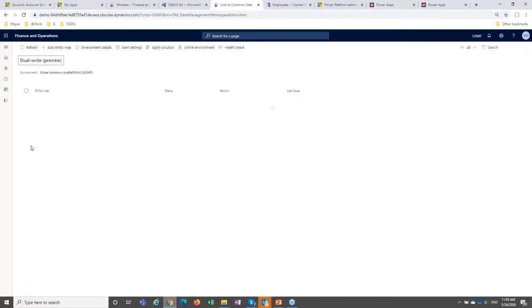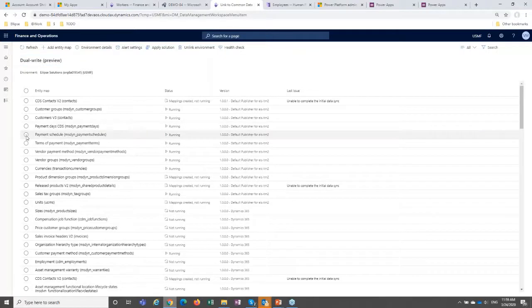Well, I didn't mean it. I just wanted to actually select it. Oh, mistakes cost a lot. So what you can do, you can actually pause it. What pause means is that the dual write will accumulate all the changes that are going on both sides while your synchronization mechanism is paused. So when you enable it back to running state, it will actually get it from the stack and apply all the changes that were made in both systems, right?